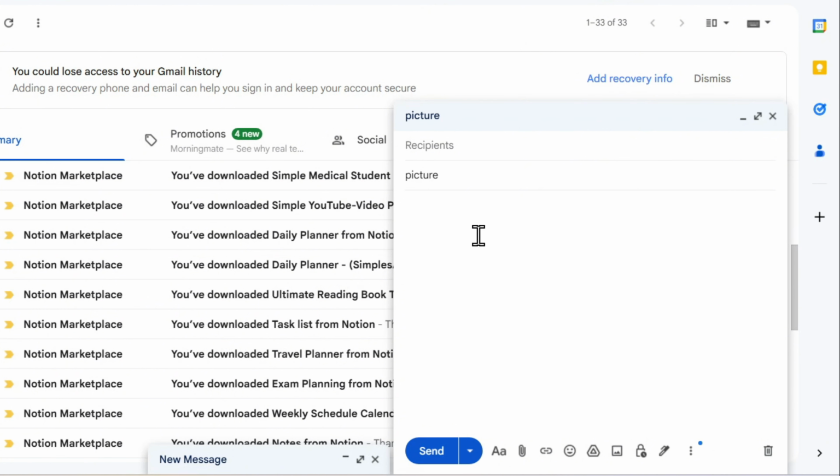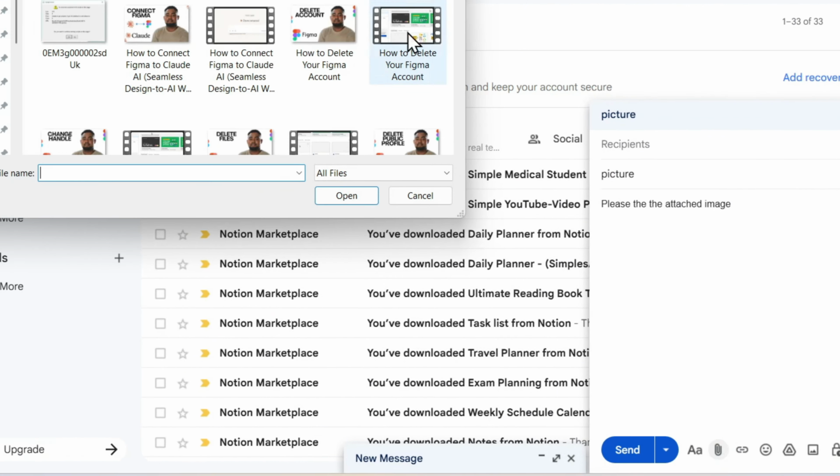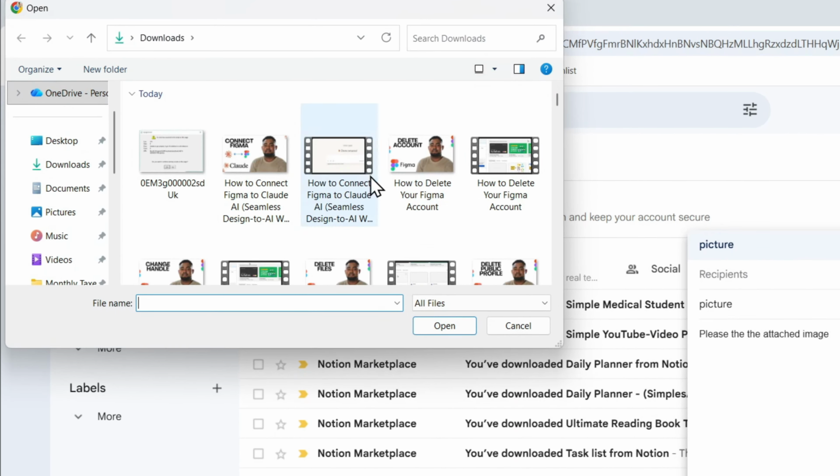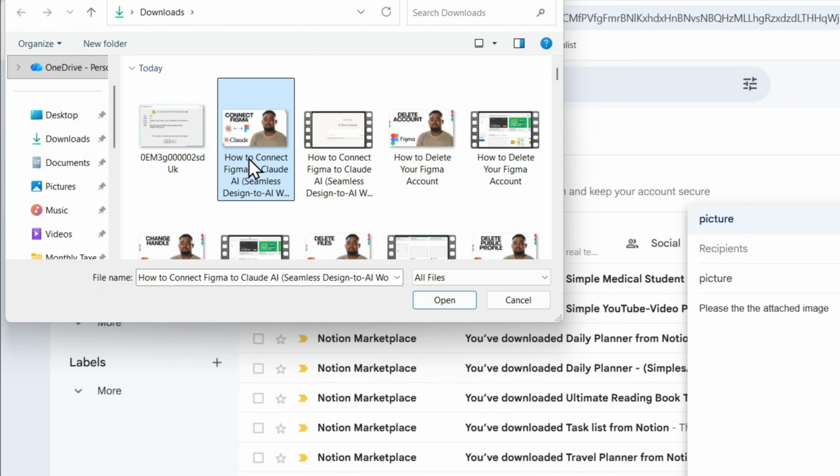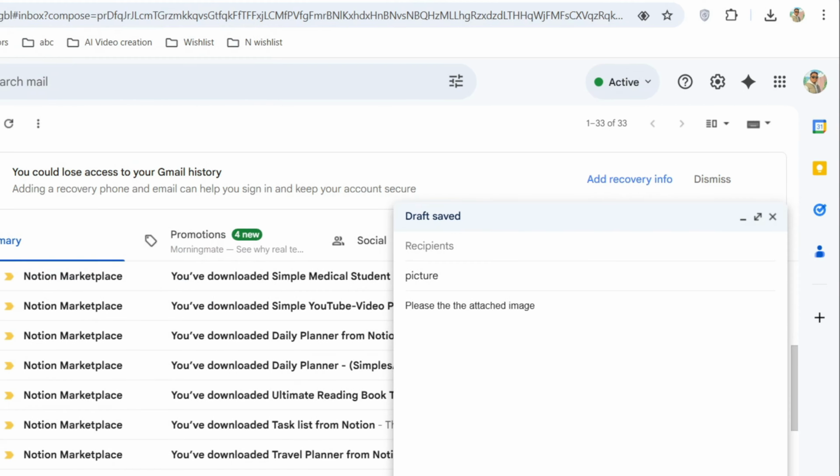And in the body, I'm going to just say, please see the attached image, for example, right? And to add the image as an attachment, instead of clicking the image icon right here to insert an image, just simply click the attach files and find the image that you want. So let's say it's this thumbnail right here. I click on it and then I click open, and you're going to see that it's attached the image